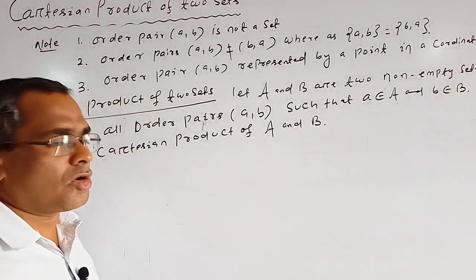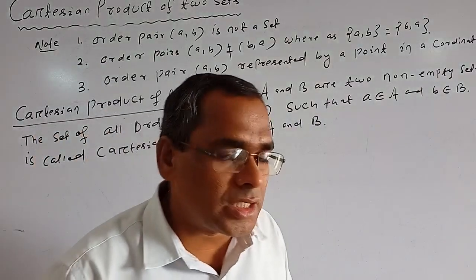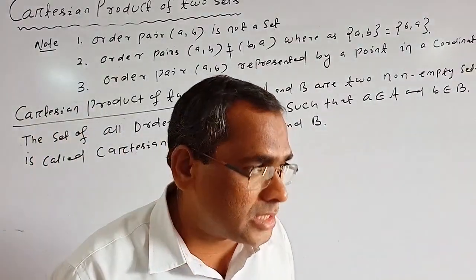So the Cartesian product of A and B means it is the collection of all ordered pairs